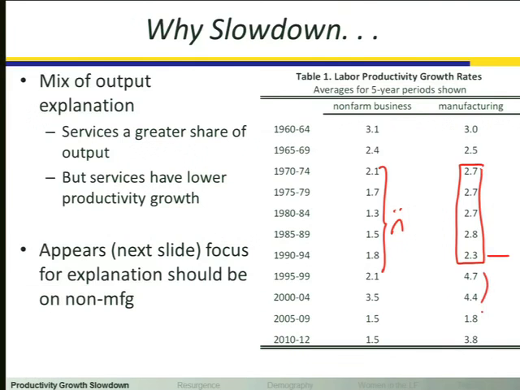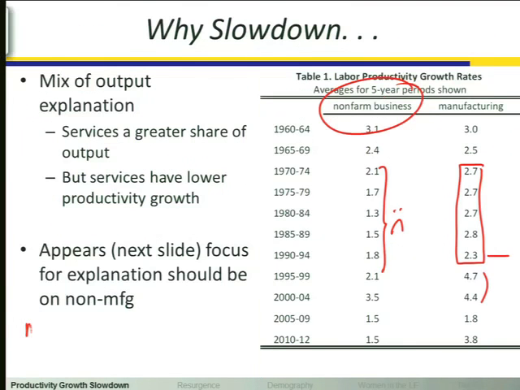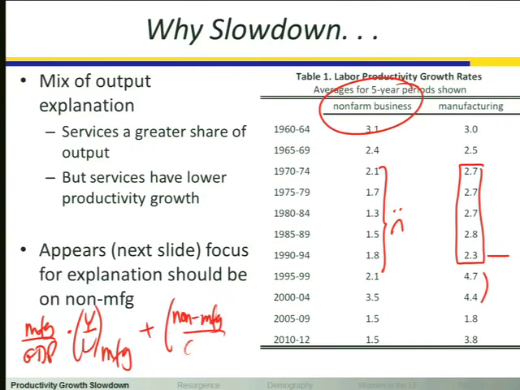So what I did was I took the share of output that is manufacturing, and I multiplied that by the manufacturing productivity growth, because the overall non-farm business productivity growth ought to be a weighted average. So it ought to be that if I take manufacturing as a share of GDP and multiply that by the labor productivity growth in manufacturing, and I add to that the non-manufacturing, so everything but manufacturing as a share of GDP, and multiply that by output per worker for the non-manufacturing, that weighted average ought to equal this column that's